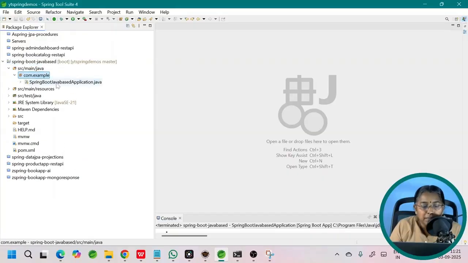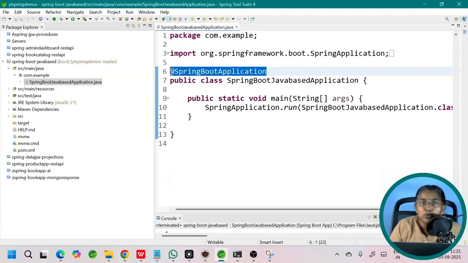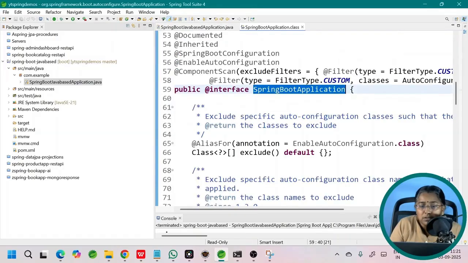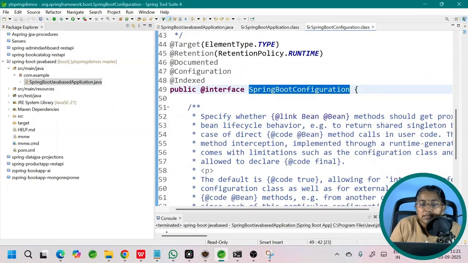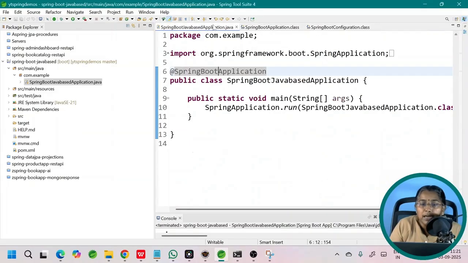Let me open the main class. The main class is annotated with @SpringBootApplication. This annotation itself is having @Configuration. Let me show it to you. Let me click on this. I'll click on SpringBootConfiguration. See, @Configuration. The SpringBootApplication annotation by itself is having @Configuration, which means I can add bean